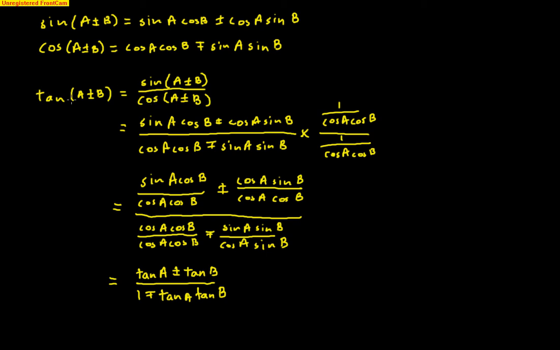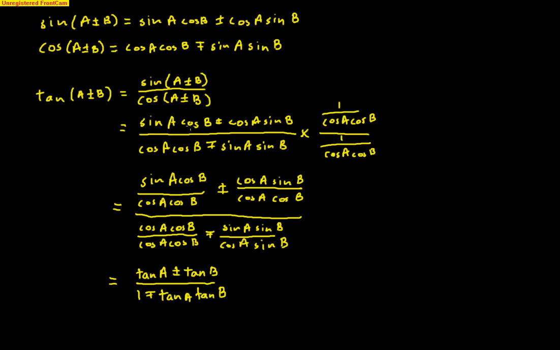So tan of A plus or minus B is the same as sine of A plus or minus B over cos of A plus or minus B, just from our definition of tan, which is sine on cos. Now, using our sum and difference formula for sine on top, I've replaced sine of A plus or minus B by sine A cos B plus or minus cos A sine B, and did the same thing for cos's